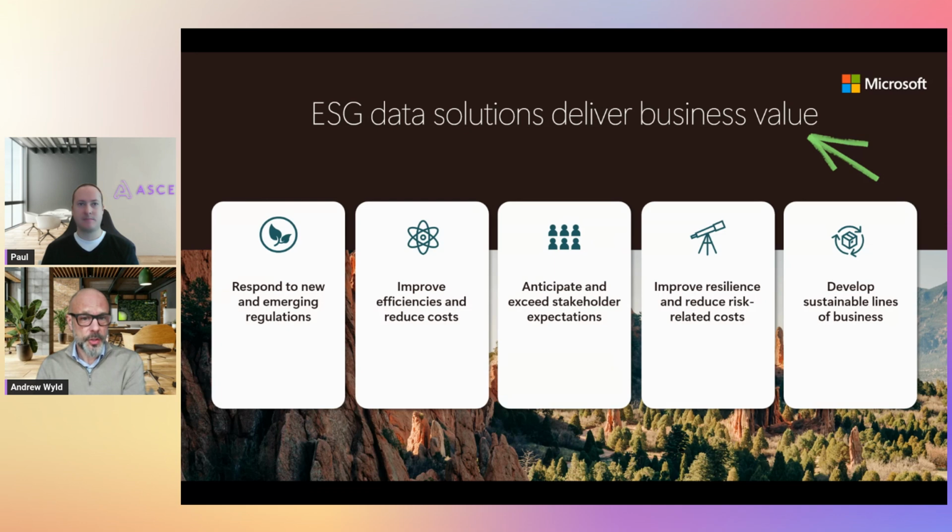It's a lot easier, as I've already mentioned, to anticipate and exceed stakeholder expectations. When a lot of global businesses report to the markets, it's a similar thing. Once the disclosures get to that point, it's really critical that people can do this in a very timely and accurate manner. And then in terms of resilience and reducing costs, CSRD is going to come with some kind of penalty for non-disclosure. We already see penalties in Spain if companies are not reporting on the plastic that's been brought into the country. There's something like a €1,000 mandatory fine per day if those reports are inaccurate or just not being submitted. So there are some huge implications to this.